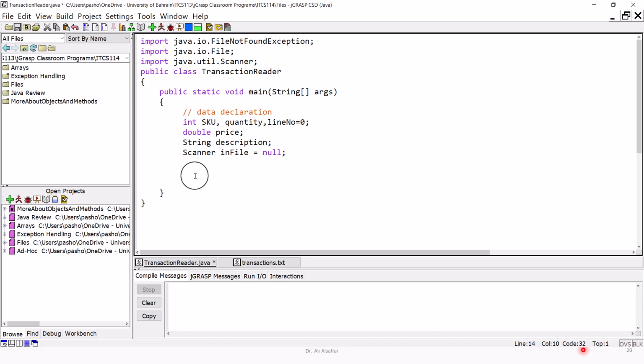After importing the necessary classes for our program, now we start writing the program. Since we are going to read from files, then we need to put the code inside try and catch block. So we will say try and here we're going to say catch, and the first catch will be for FileNotFoundException, and the